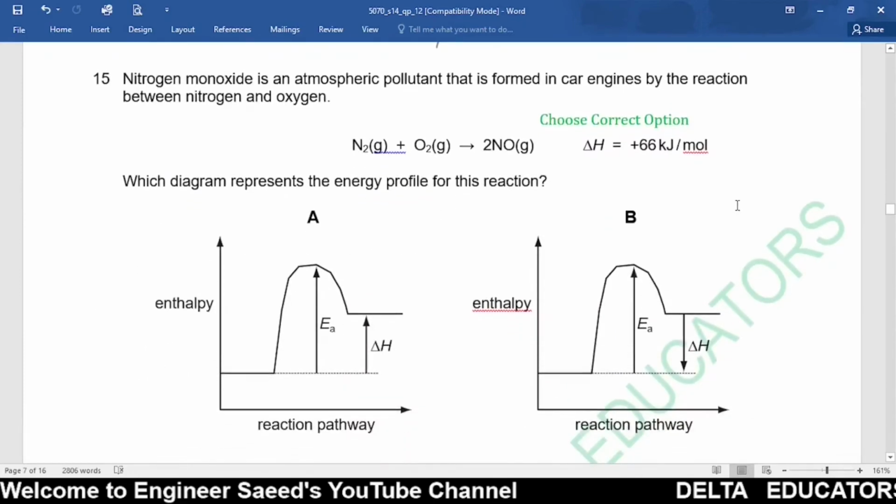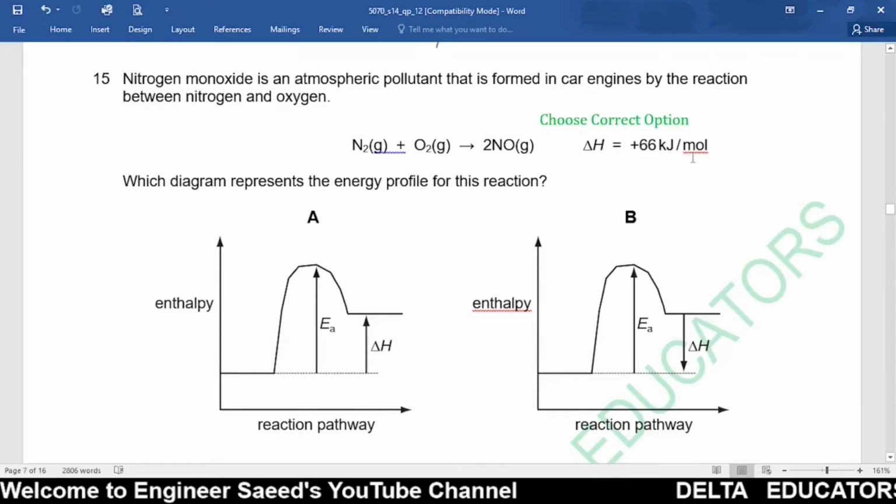Question number 15. Nitrogen monoxide is an atmospheric pollutant that is formed in car engines by the reaction between nitrogen and oxygen. Which diagram represents the energy profile for this reaction? Here it is given nitrogen reacts with oxygen, we get nitrogen oxide, and here delta H is given plus 66